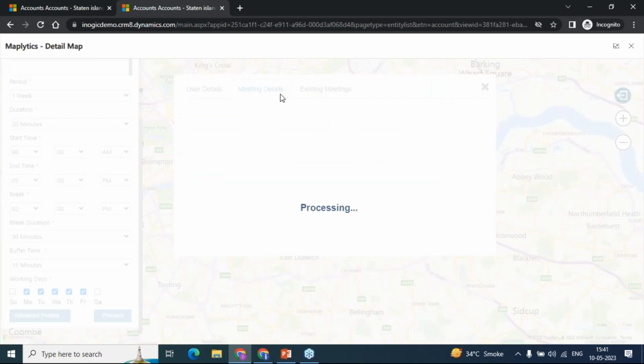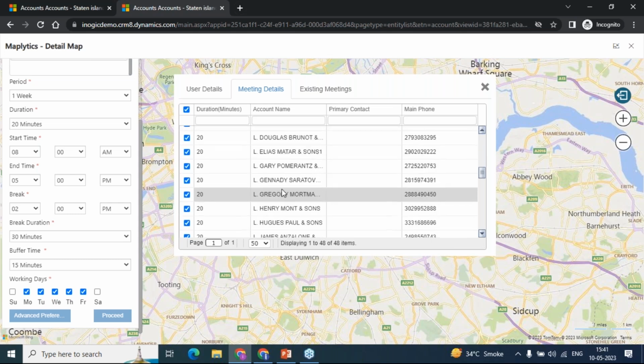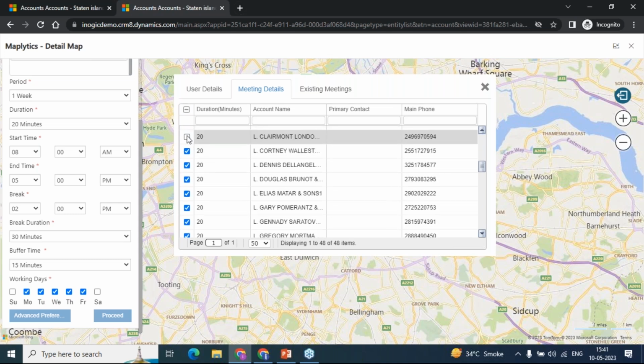Now here you will be getting the list of the meetings that I just listed. So these are nothing but the records on which I'm running this auto scheduling. Okay, so here you can just go for it. You can deselect these records if you do not want to consider any. You can also make the changes to the individual deliveries as well,